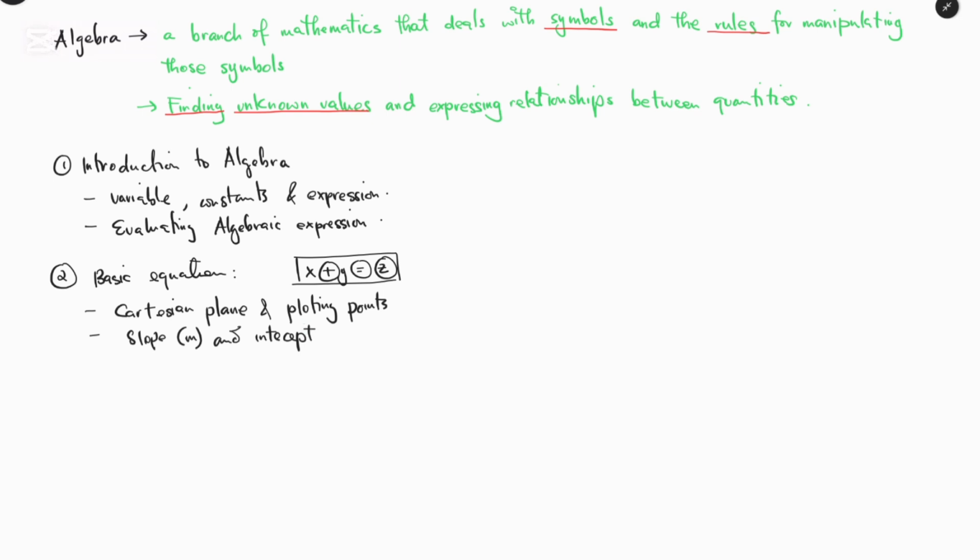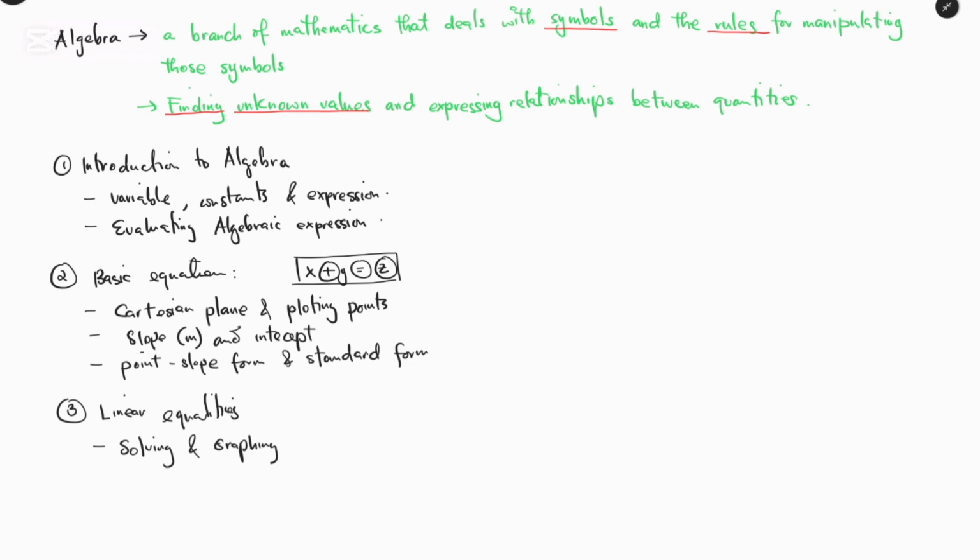So in a graph, we normally have a slope and the intercept. And we will look at the point slope form and the standard form. And in that subtopic, we are going to look at the linear inequalities. So why linear inequalities are important in terms of solving and graphing on a